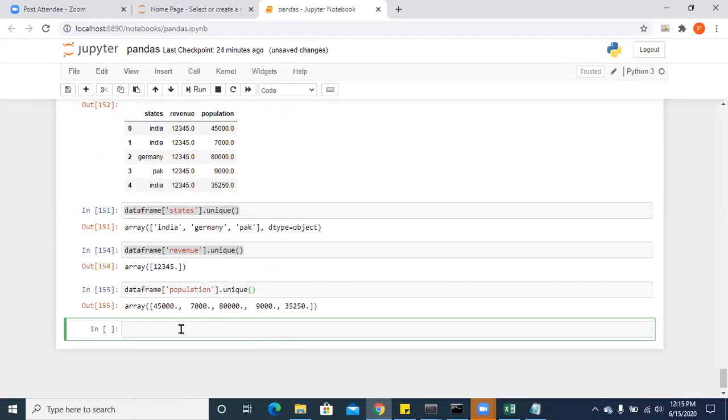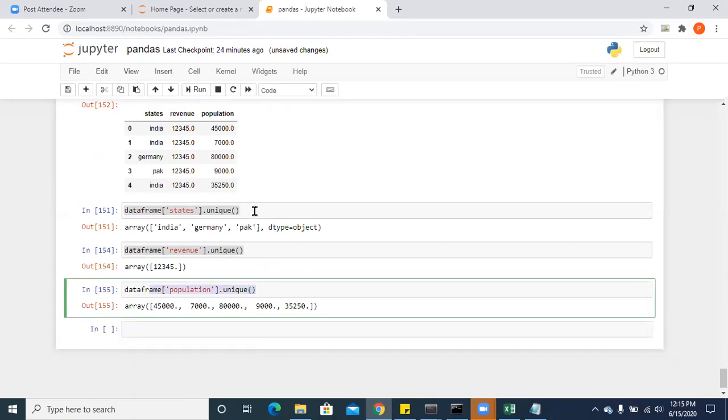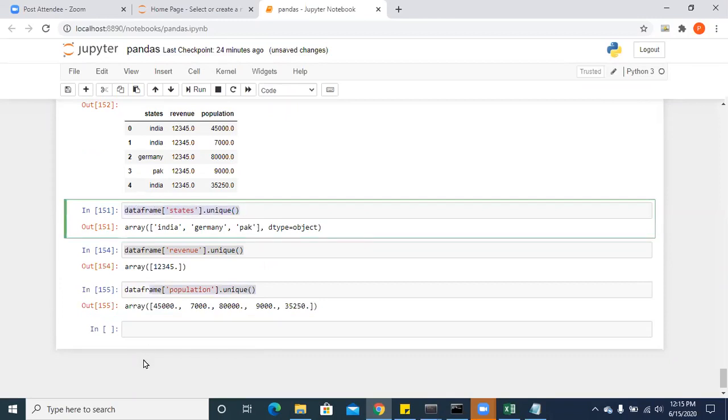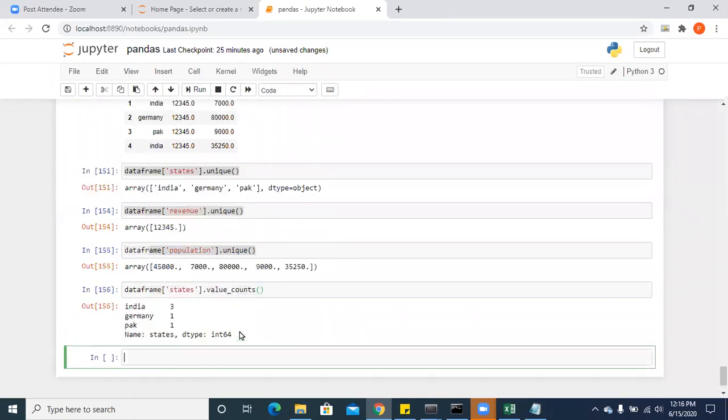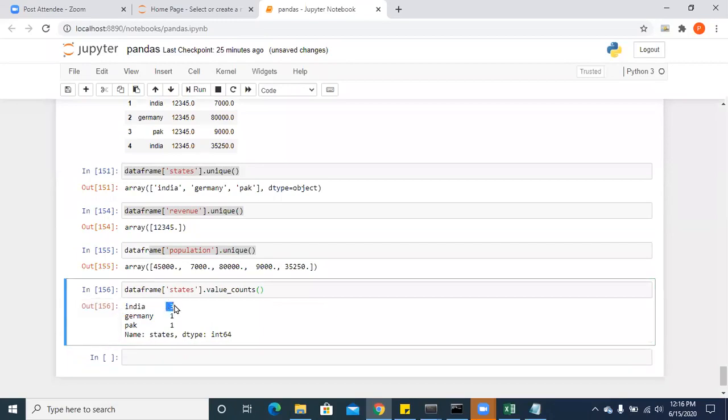Now, you have another function called value counts. So let's suppose I take this dot value underscore counts. So it will give how many times these values are getting repeated. So India got repeated thrice in the states column. Germany got repeated only once. Pak got repeated only once.